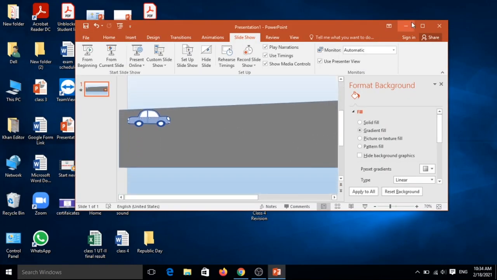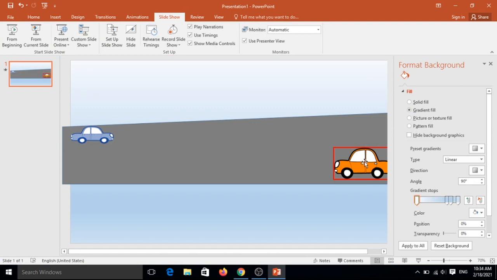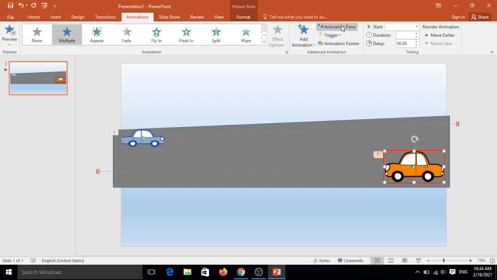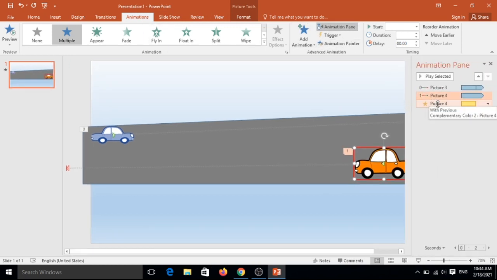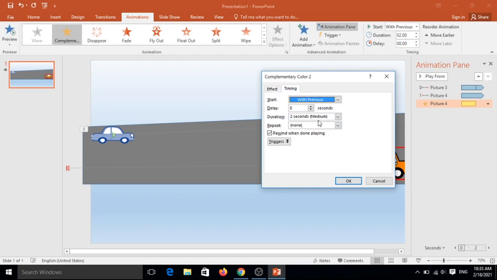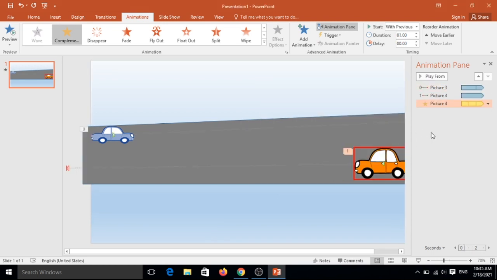Continuously it will be changed, so you just have to click on that and double click on this, click on animation, and in the animation pane give the effect for beginning and until end of the slide. It is given very fast and until end of the slide, and give the pictures effect for that.